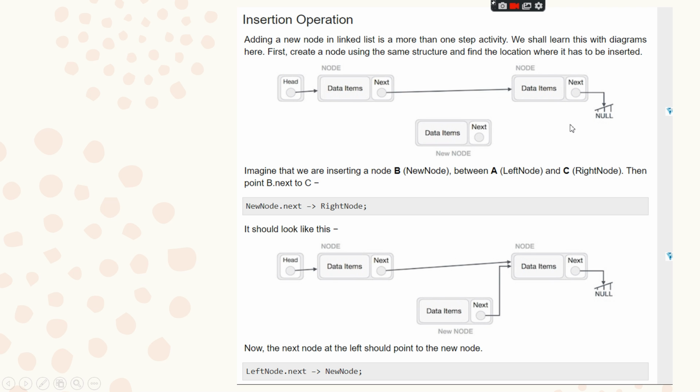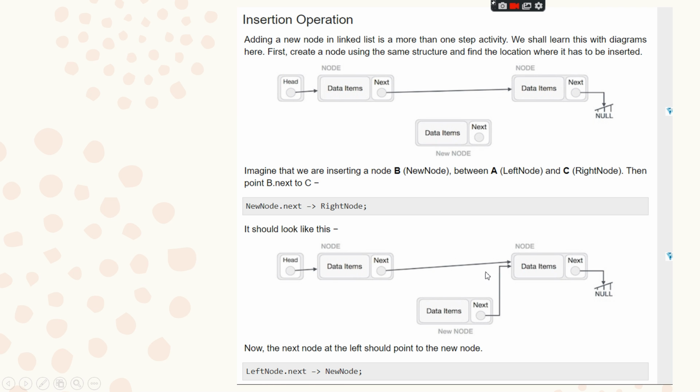Then what we'll do is point the B node's next to C. That is, point B's next to C. So this is the syntax: NewNode.next points to RightNode. Here the right node is C and the new node that has been created is B. So node B is pointing using next to the right node. It looks like this in the diagram. In the first figure you cannot see any connection, but in the second figure you can see that the new node points to the right node.